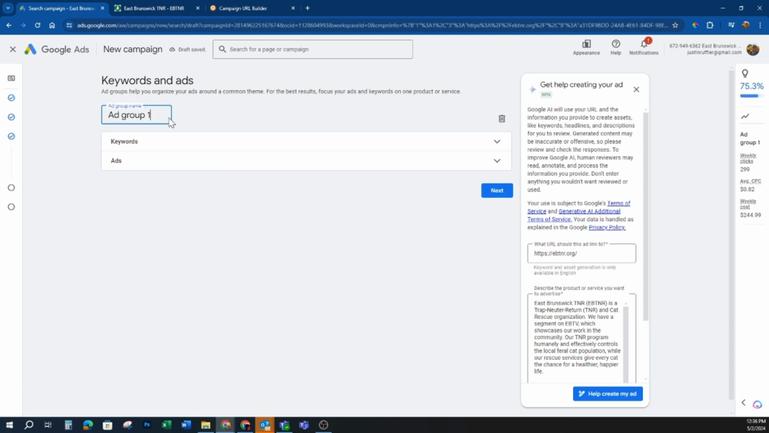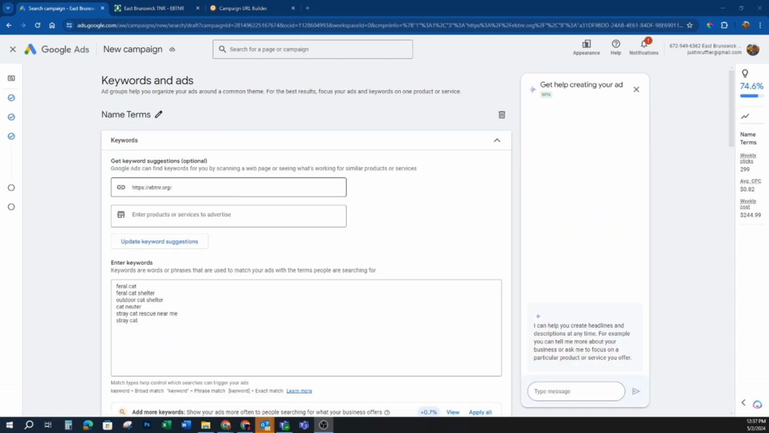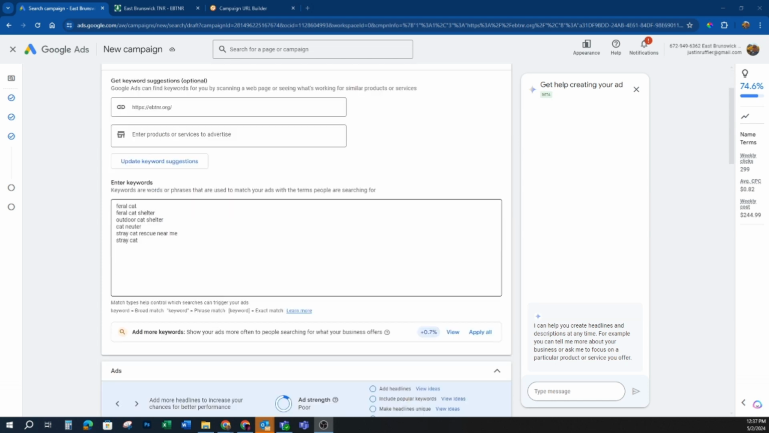So now we're going to move on to creating an ad group. A campaign is a collection of ad groups, and an ad group is a collection of keywords. You only need one ad group per campaign, and each ad group should have probably 5 to 20 different keywords. In this case, I'm going to call it name terms. In this case, we're going to focus mainly on the name terms of the organization and their core services. So we want to show ads for when people search East Brunswick TNR or TNR Near Me or Cat Rescue Services New Jersey. So we'll call it name terms, and this will be our core campaign that features our core